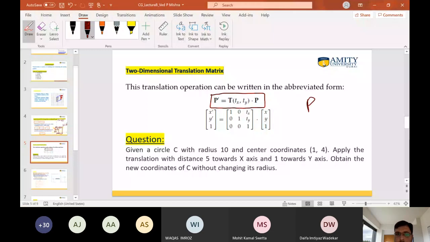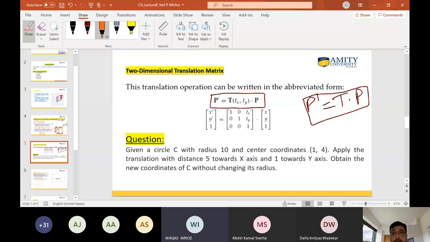Actually, it is P dash equal to T dot P. What is T? T is Tx and Ty, and P is xy. P dash equals x dash y dash. So if you want to write it in the form of a 3x3 matrix, you can calculate the points like this: